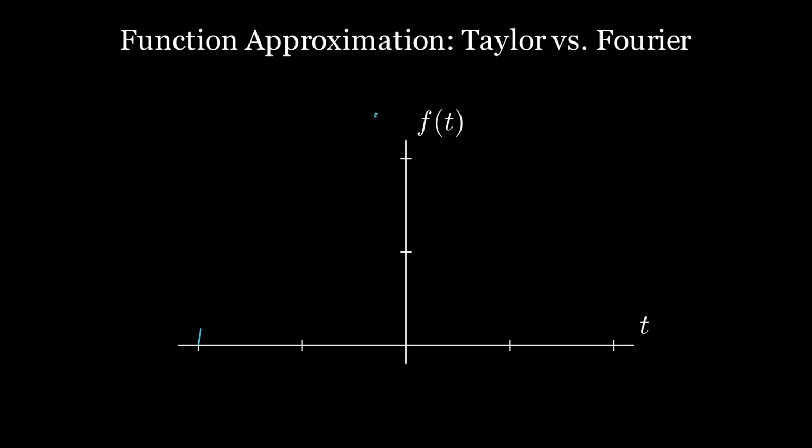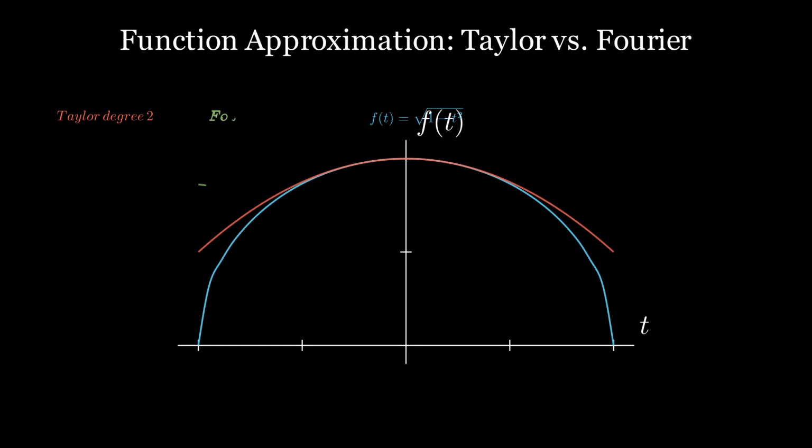This graph shows the function f of t equals the square root of 1 minus t squared, defined on the interval from -1 to 1. The plot compares its second-degree Taylor polynomial and its second-degree Fourier polynomial. Notice how the Taylor approximation fits well near the center, while the Fourier approximation aims for a better fit across